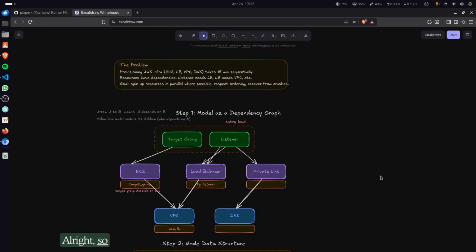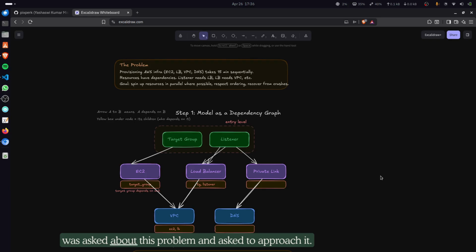Alright, so a couple of days ago I had an interview where I was asked about this problem and asked to approach it. I thought this problem was very interesting, so I'm sharing it on my Twitter to talk about it. I'll be talking about what problem I was asked and how I approached it and ultimately solved it in the interview. So the problem is that there are certain nodes or resources in the AWS infrastructure